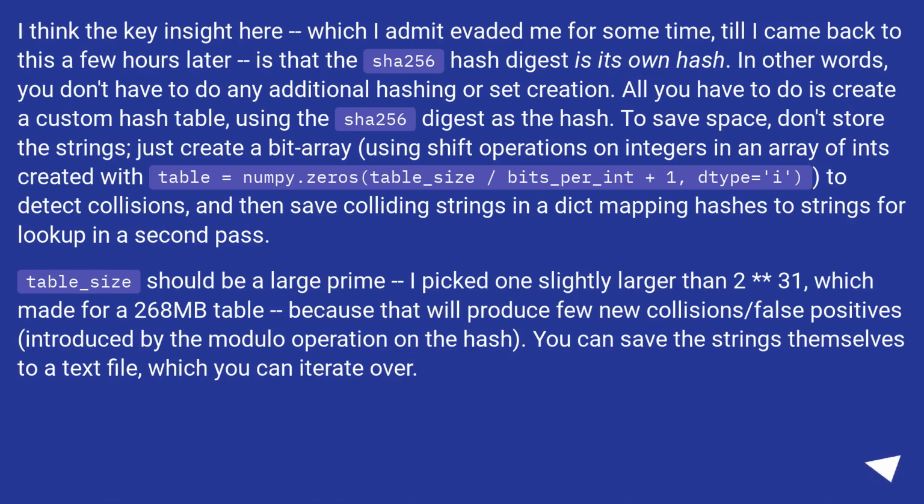I think the key insight here, which I admit evaded me for some time, till I came back to this a few hours later, is that the SHA-256 hash digest is its own hash. In other words, you don't have to do any additional hashing or set creation. All you have to do is create a custom hash table, using the SHA-256 digest as the hash. To save space, don't store the strings, just create a bit array, using shift operations on integers in an array